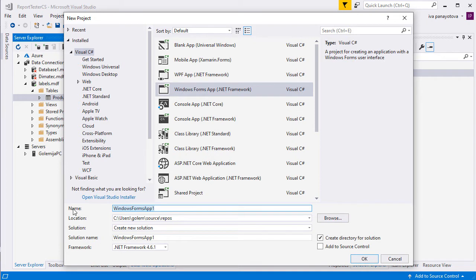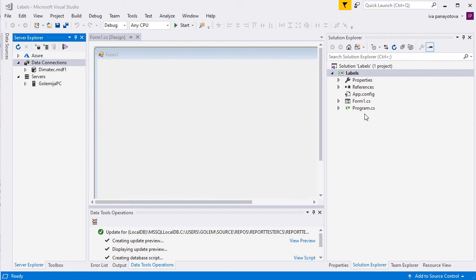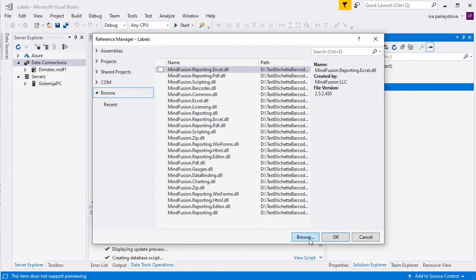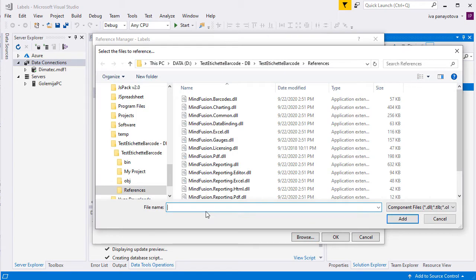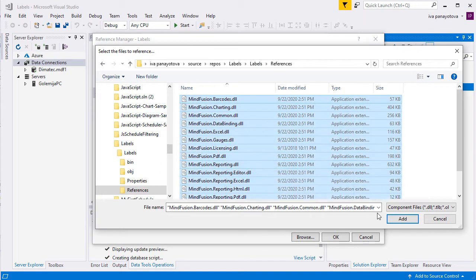Let's start building our application. We create an empty C# WinForms project and name it Labels. We add now references to all reporting libraries that are included in the control. Technically, our application will not need all of them, but you might decide to extend it and then they might be necessary.